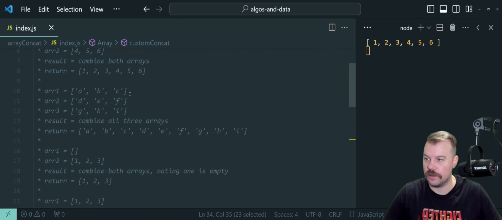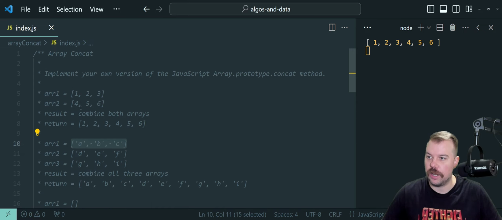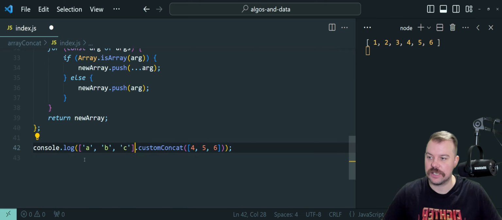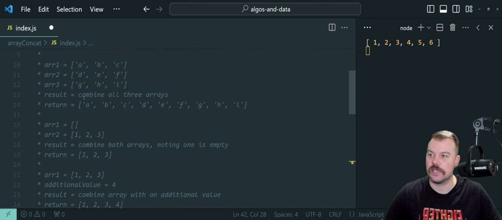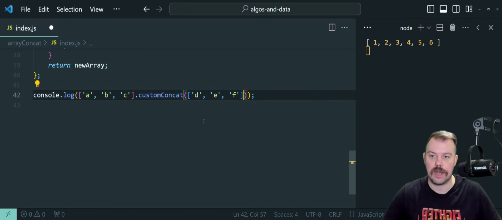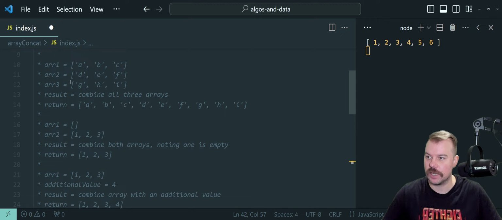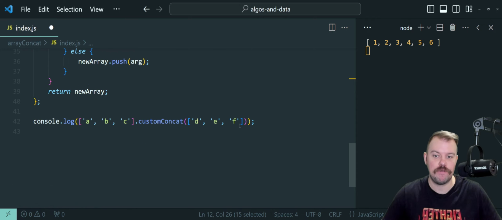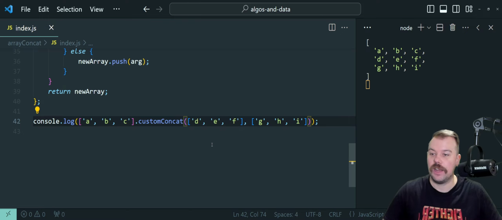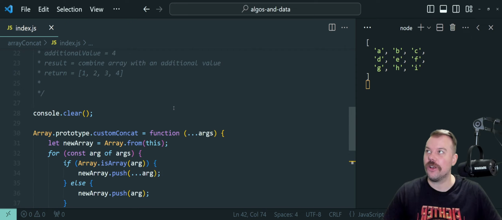So what other shenanigans do we have going on here? So we're going to take array 1 of string value ABC, and it looks like this time my prompt is going to have us do two args to make sure it still works. So I'm going to copy and paste some down here. Again, you can grab this from the CODEPEN that can be found in the description down below. Save that file, run it, and yep, A, B, C, D, E, F, G, H, I has all been concated